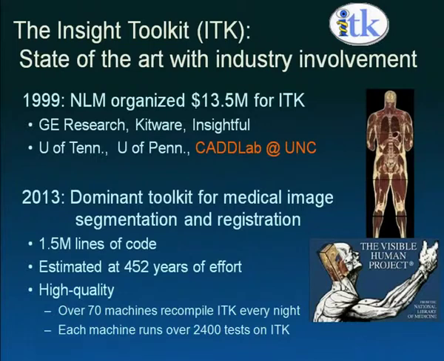However, the difficulty was that every group would download this data, and then they would run their own software, come up with their own algorithms in order to process this. And so maybe one group at Washington University in St. Louis would come up with a great way of looking at the visible man's liver, and it would apply to other livers. Any MR scan of a liver, they could process it really well. And then maybe another group at Utah would come up with a great way of looking at kidneys. Well, back in 1999, if you wanted to look at both the liver and the kidneys together, use those two separate software platforms in order to look at the visible human data, or any clinical data,